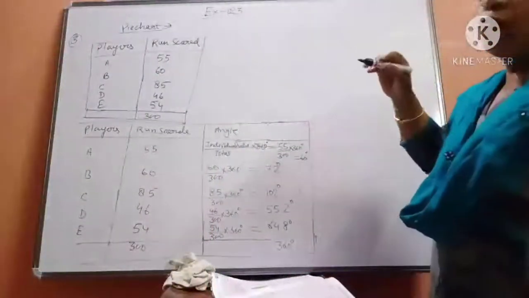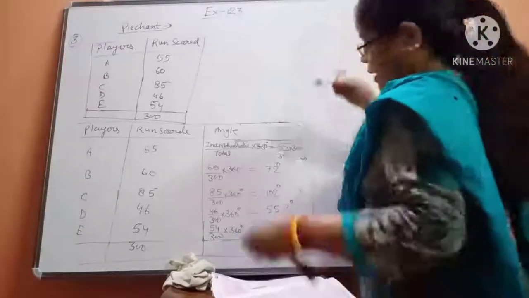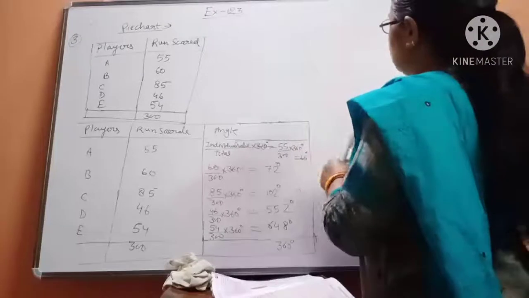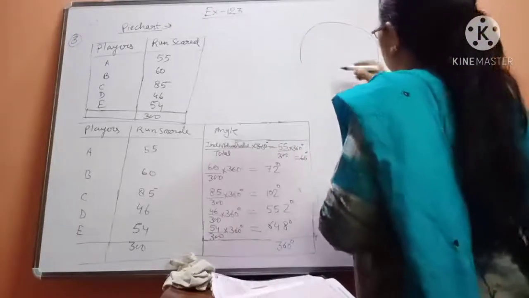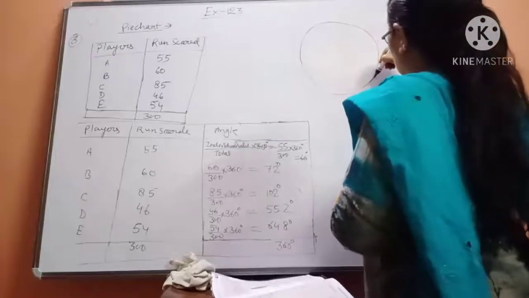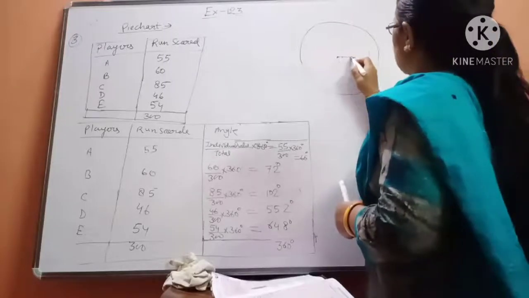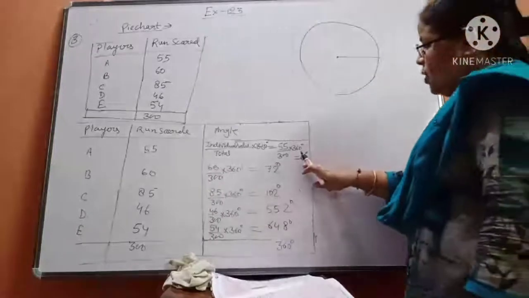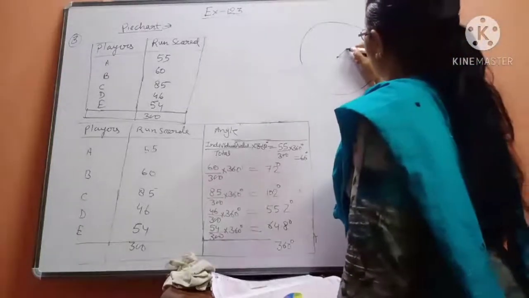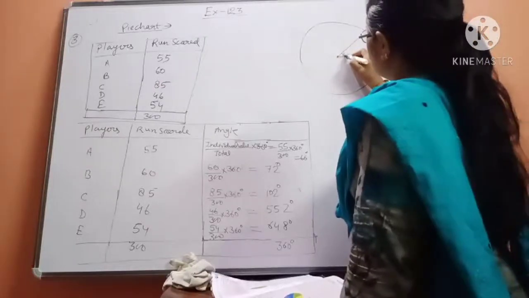How will we draw it? I do not have a rounder here to draw on the board, so I am drawing roughly and explaining how you will make the pie chart for this information. You just take the help of the rounder. First of all, you will have a center, so you just draw a radius. Okay beta, from this radius you make an angle of 66 first. Everybody is able to make the angle. From this point you keep the protractor and draw an angle of 66 degrees.